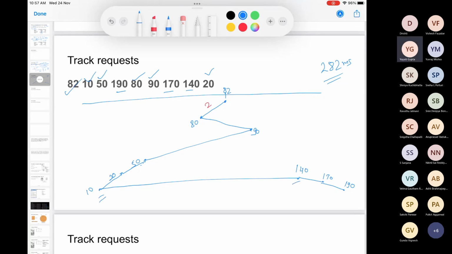Yes, so here we made a long jump from 10 to 140, right? And why is that happening? So in this particular case, we are making an assumption here. The assumption we have is these are the only requests we have. So we are not considering the other requests which are coming with time. So assume that there are more and more requests coming with time, right? And all these requests, assume that they are uniformly distributed. So randomly at any of the particular tracks, you can have a request.